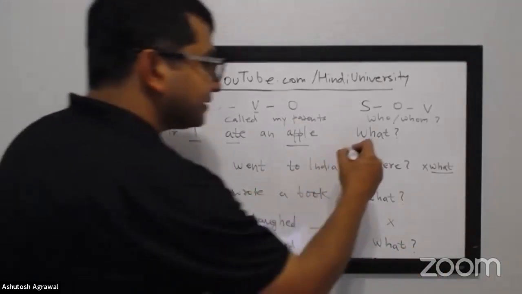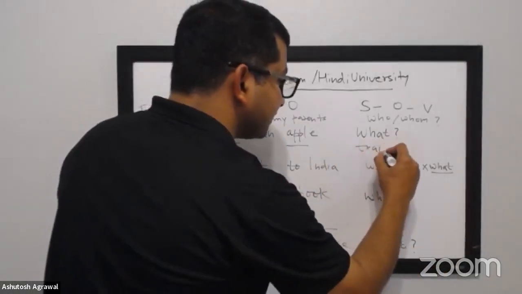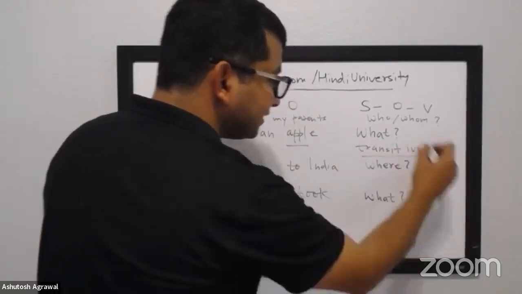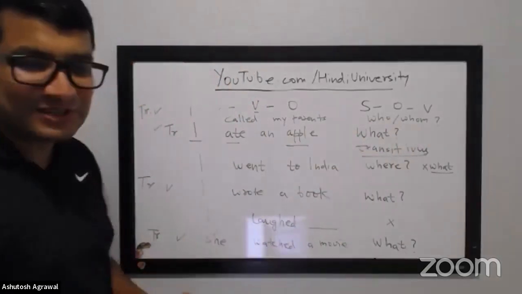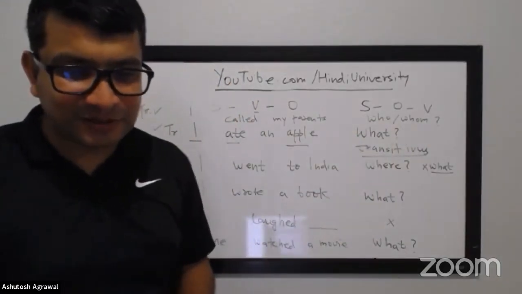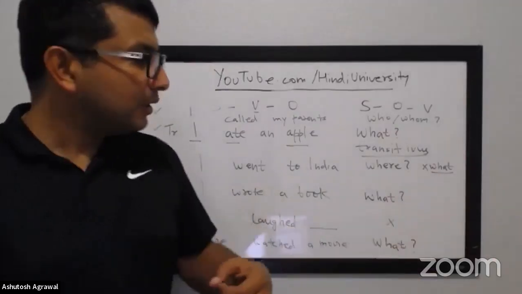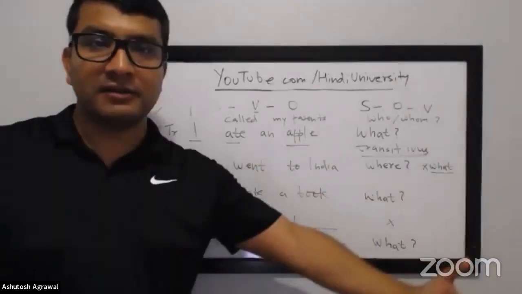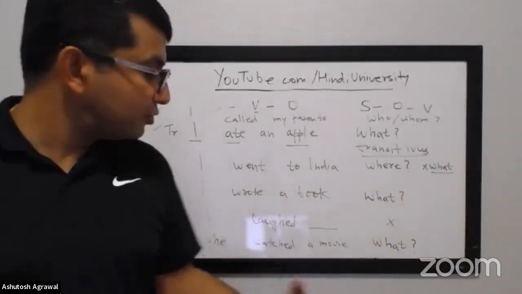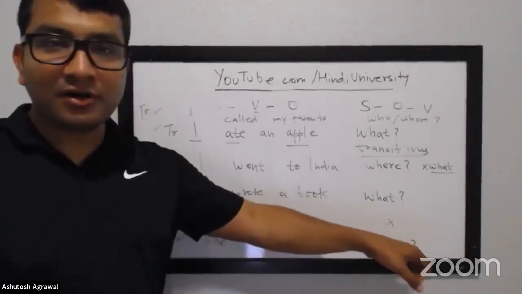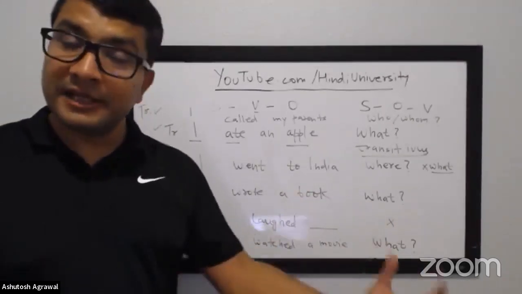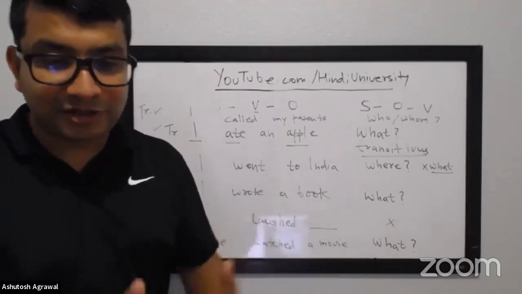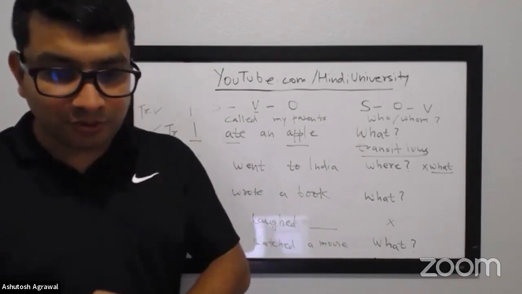I was looking it up and it's derived from transitivus, a Latin word. You can see the word transit itself is in transitive, which means the action is passing over, versus the intransitive verb where the action is not flowing, there is no object. You don't really laugh what, right? You just laugh. You just sleep. Similarly, you go somewhere, but somebody is not receiving the action of your going.